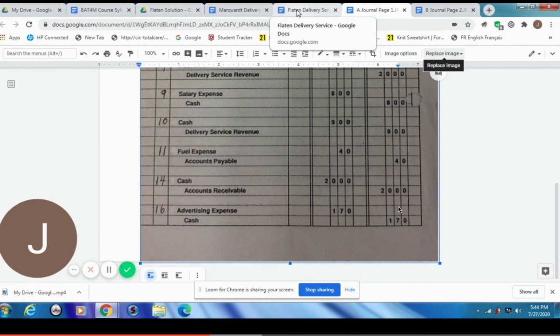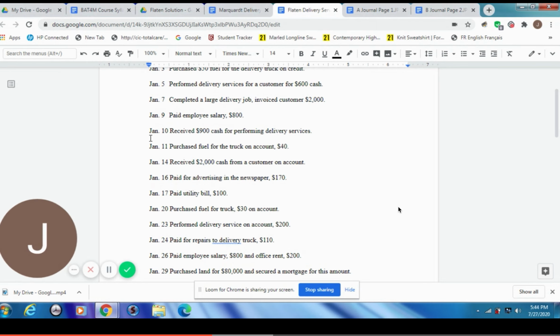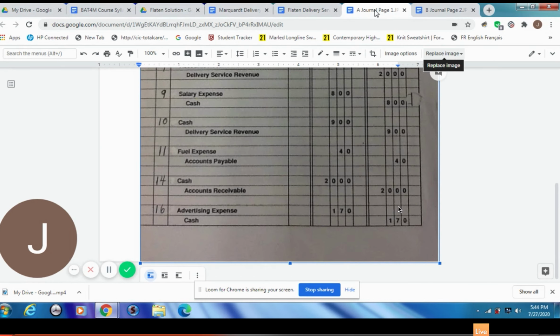the next transaction in the month of January, and that will be on the 10th, and it says we received $900 cash for performing delivery services. So this is another sale, and it is a cash sale because we're getting the cash right away. Right, so we'll go to our journal, and we'll date it January 10, debit cash $900, and credit delivery service revenue for $900. Okay, leave a blank line there, and then we're going to go back and look at the